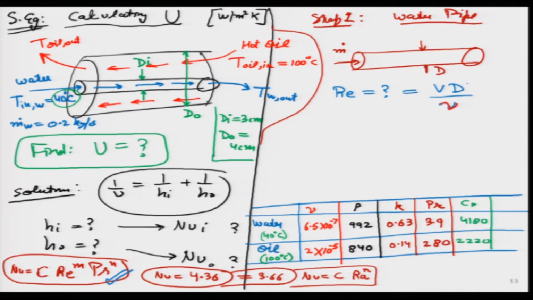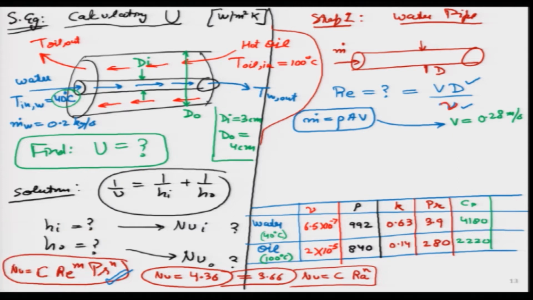So, now I know the diameter, I know the value of nu. Velocity, how can I calculate? Simply from conservation of mass. So, rho A v, all the things I know. So, this part I will leave to the students, please do it yourself in the interest of time. I will just provide the final result. So, if I do this particular thing, it turns out velocity is simply m dot divided by rho A. So, it turns out to be, and please check my calculation in case I make some mistake, numerical error, because we are all human beings. So, students can check that.